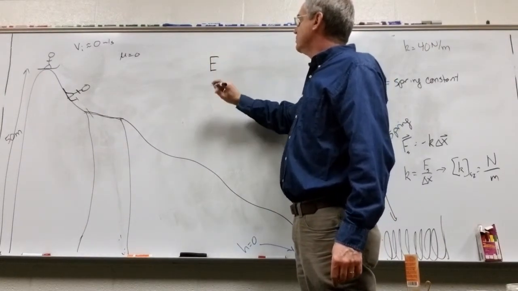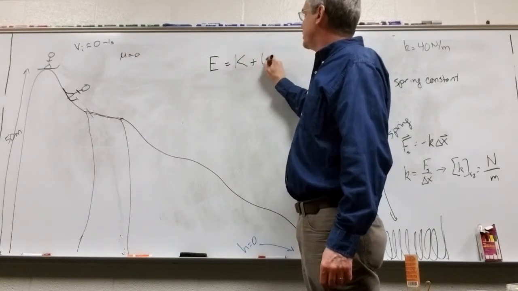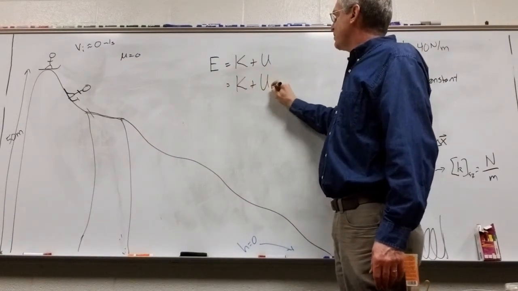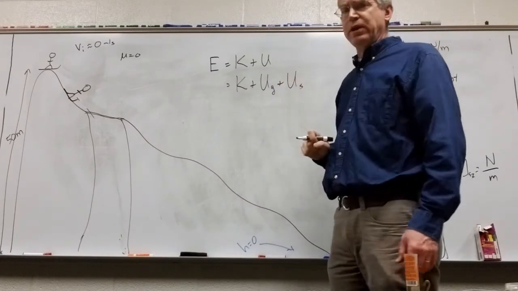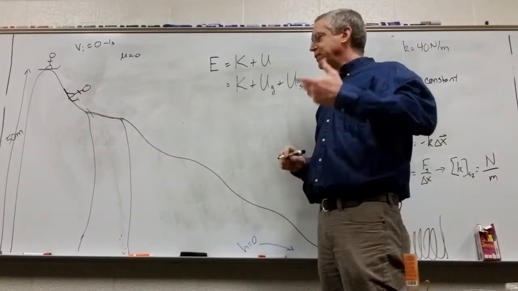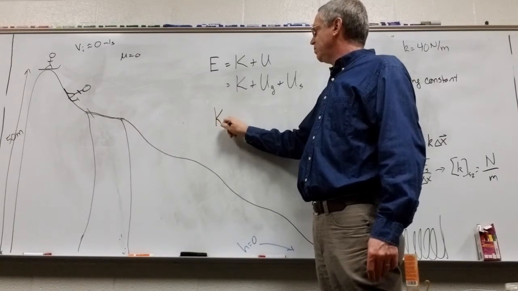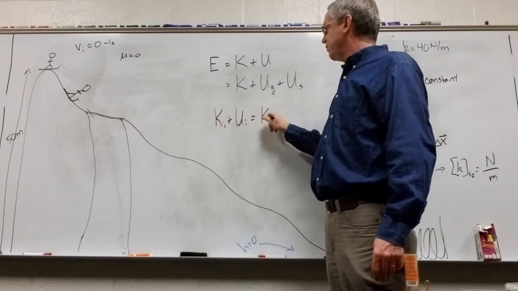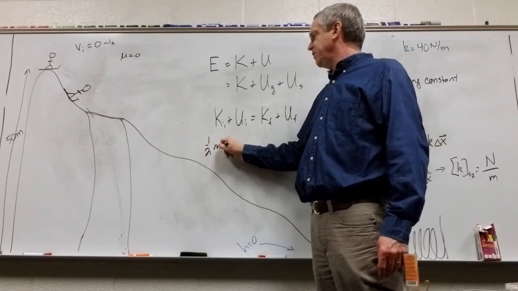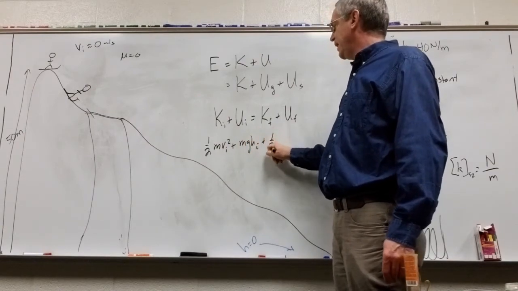I know that energy is equal to kinetic plus potential, which is kinetic plus this gravitational potential plus this spring potential. We have two different potential energy formulas here. We can jump straight to E initial equals E final, or K initial plus U initial equals K final plus U final. And so this becomes 1/2 mv initial squared plus mgh initial plus 1/2,